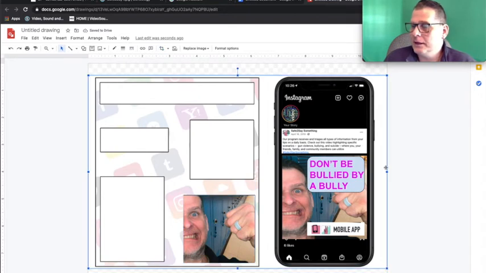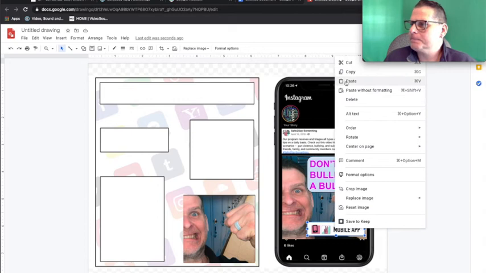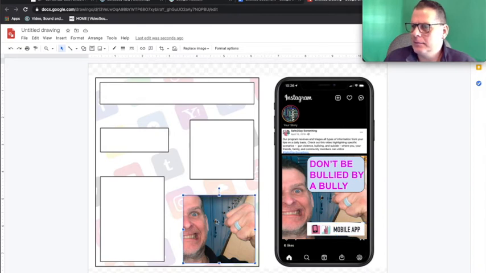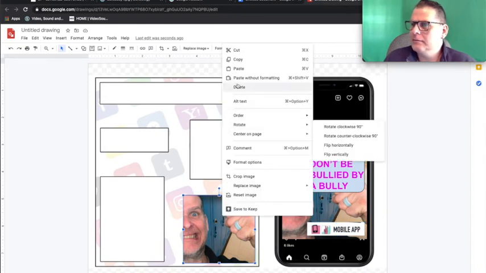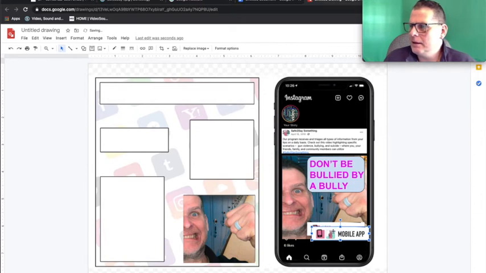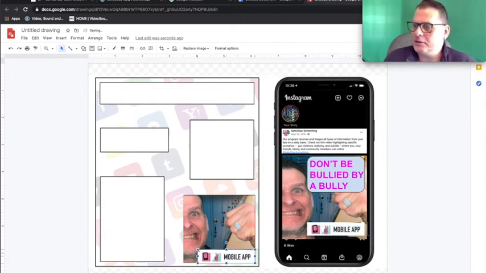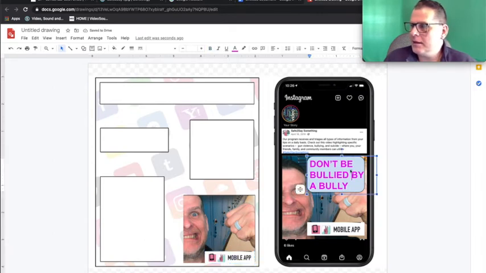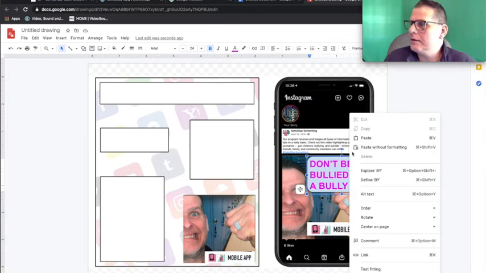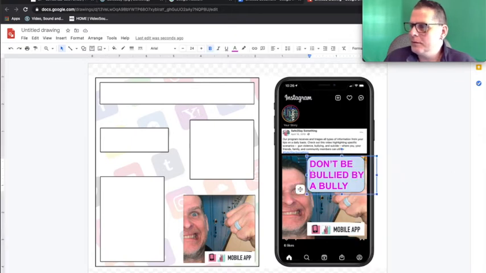Now it's funny, you can actually right click on this and copy it, and then right click again and you have it again. So it's not like you're sitting there having to redo it every single time. Okay. And then once again, you can do the same exact thing here. Right click, you can copy this,